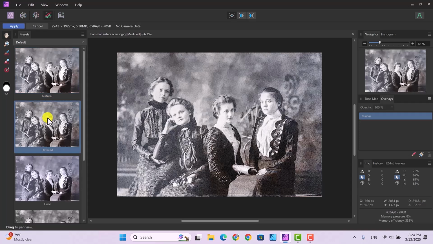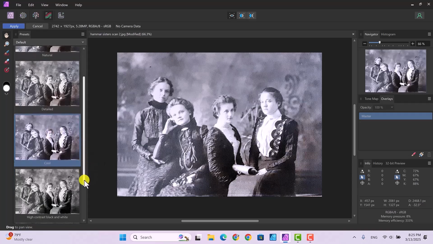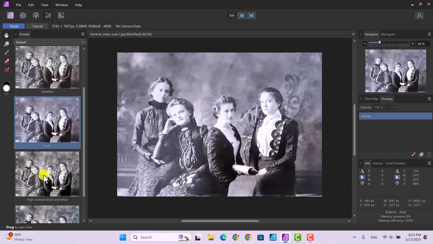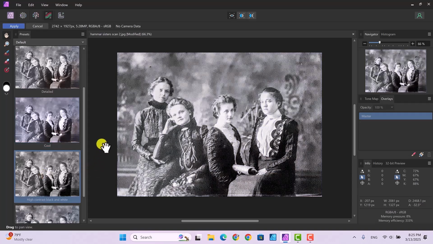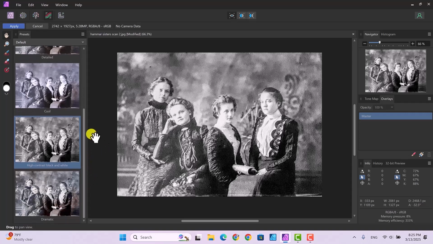And when I selected this detailed preset, I noticed that down here, this stuff that I thought was a shadow may not be a shadow. Right here we have what's called cool. I actually like that one. And right here you have high contrast black and white, which makes it a little bit more clear. Sometimes you'll use a preset for a quick adjustment and that's all you'll do, but we're going to do